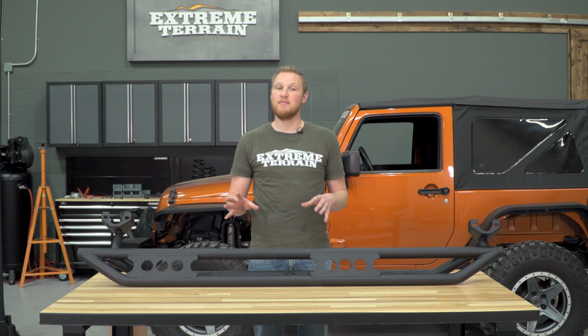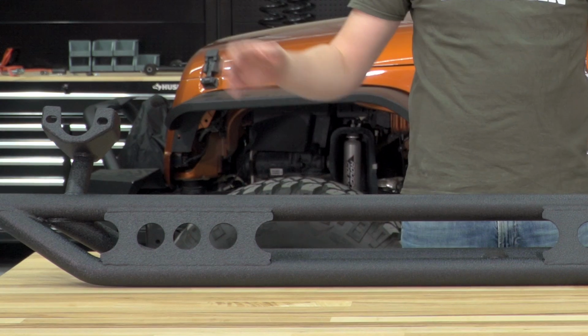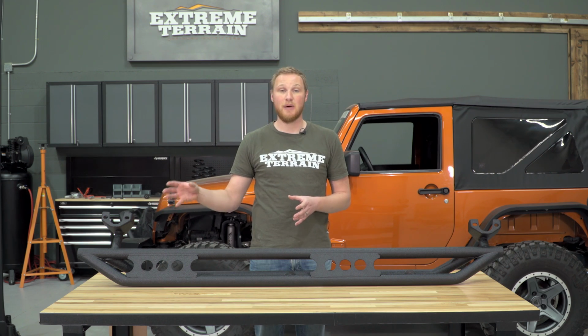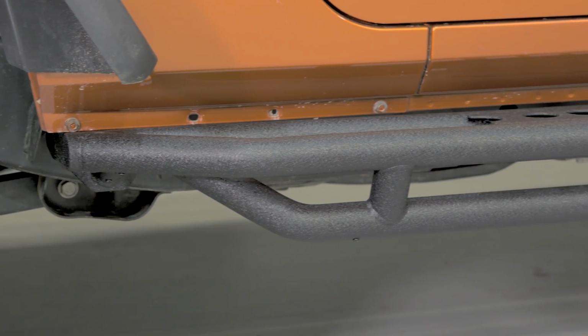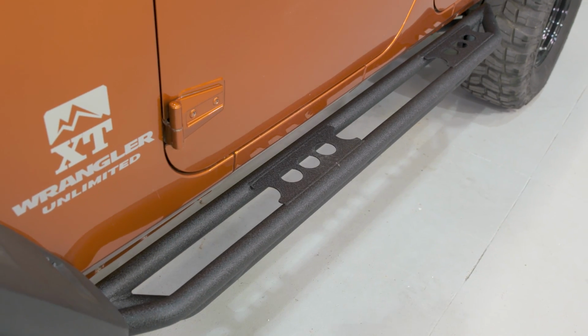However, it's the way that they mount that makes me think they're not quite as strong as other armor on the market. These only mount in 2 locations instead of 3 on the 4-door that we're looking at here, and these mount using the body bushing bolts instead of the larger main body bolts. Those are a couple of reasons that this seems to be a little bit weaker than some of the other